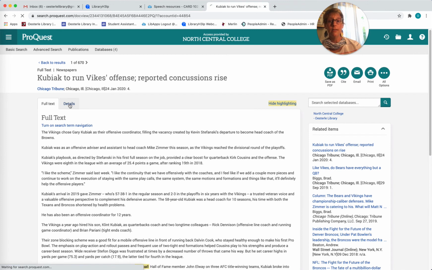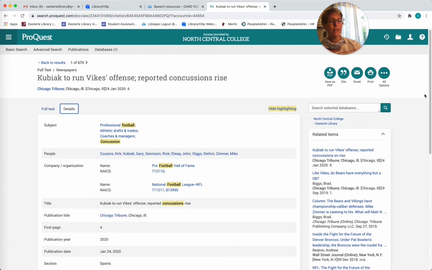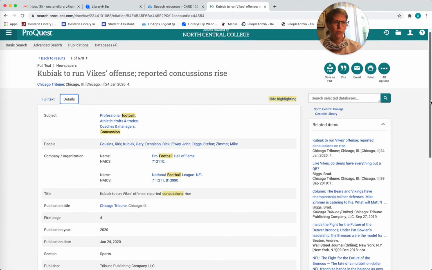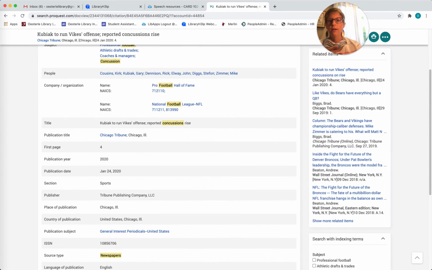Click on that Details tab and we'll get the article information for this particular source.